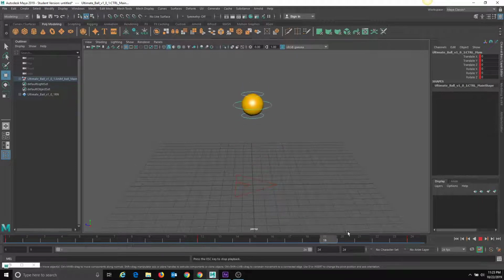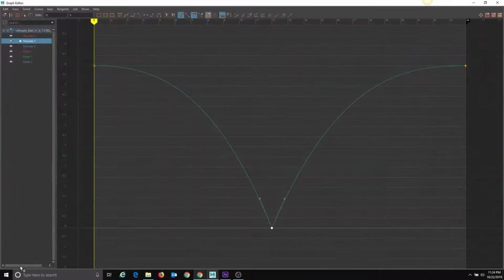So this ball bounce right here is starting to look good, but it's not stylized, and it's looping, which is fine, but it's not realistic in any way. A ball would actually hit the ground and then slowly expend all of its energy and come to rest. For us, we're not doing that. We want this to continuously loop. So the next step to do here is to look at this